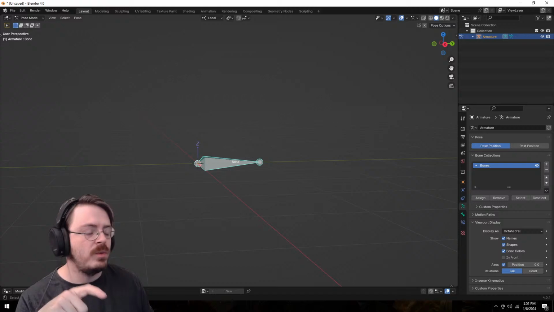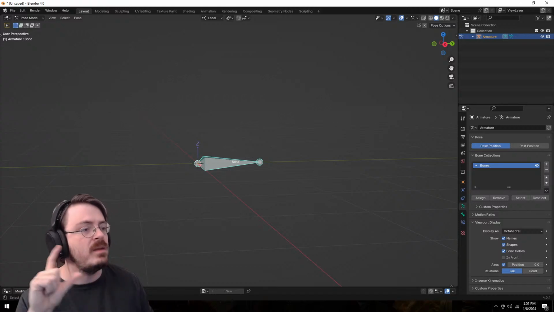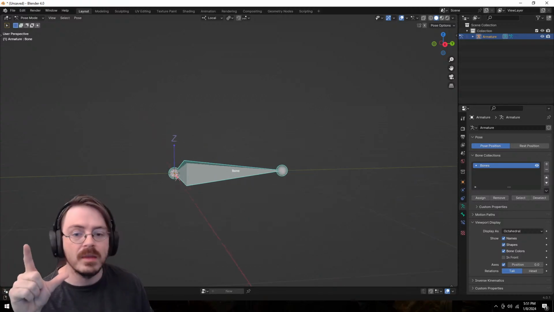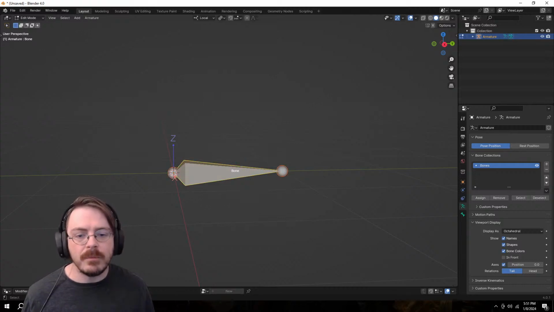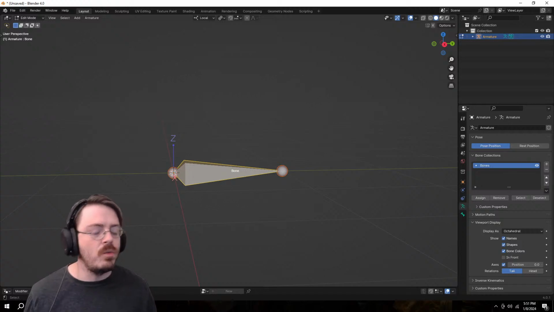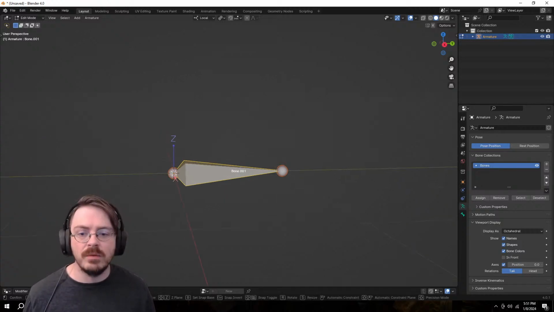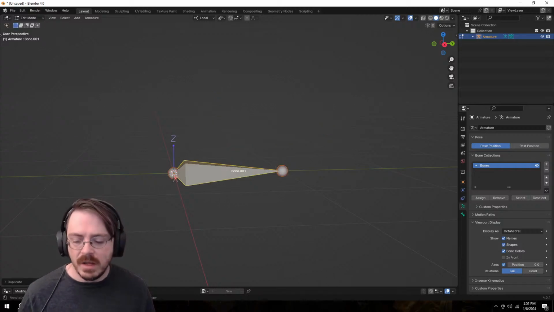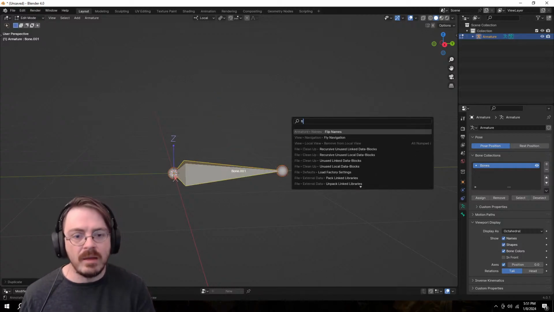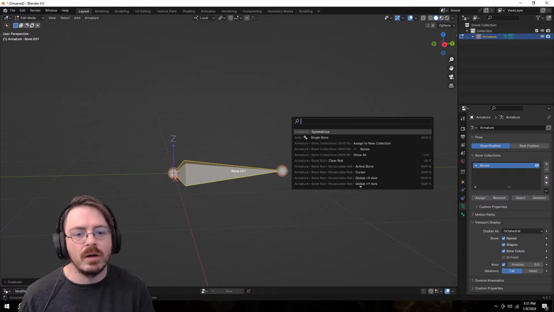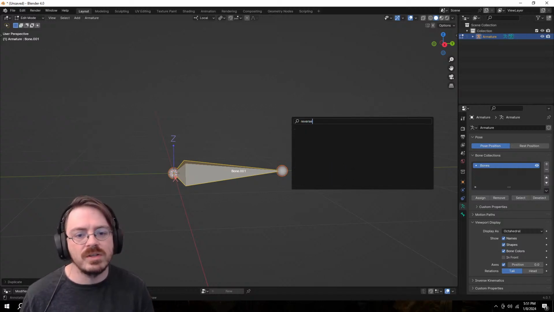there are some situations in which you need to maintain the hierarchy of a bone, however the bone is not facing the correct direction. So what do you do? Well, there is an option here. I'm going to take this bone and duplicate it, and then there should be a flip or, I'm sorry, reverse.